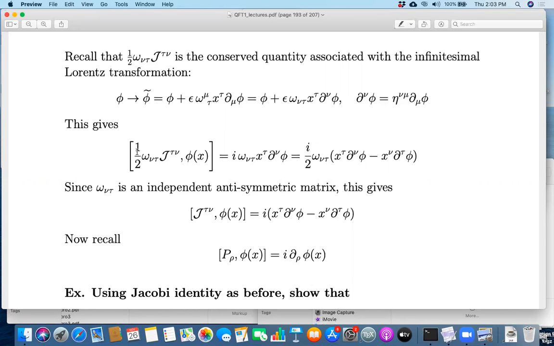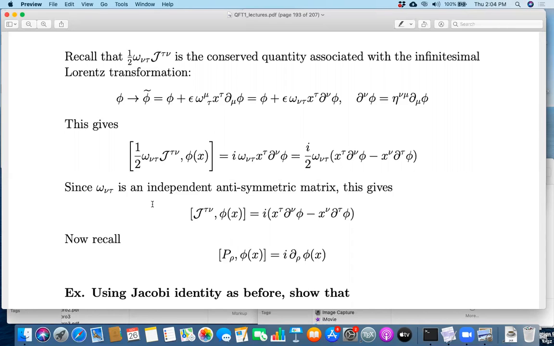And the reason that I have done this is because we are now going to use the fact that omega nu tau are independent antisymmetric matrices. So except for the fact that omega nu tau is minus omega tau nu, there is no other constraint on omega. So we can compare the coefficients of omega nu tau on both sides, because both sides multiply an antisymmetric combination. Right? J tau nu was antisymmetric in tau nu to begin with, and this is manifestly made antisymmetric in tau nu. So we conclude, and the half of course cancels,